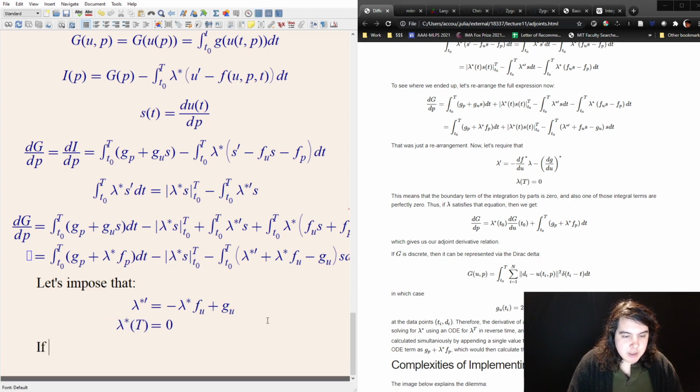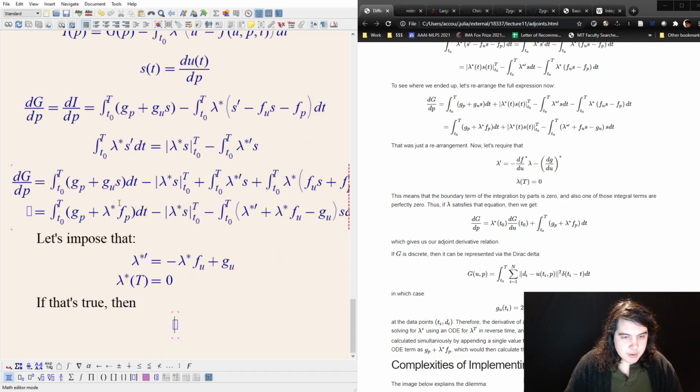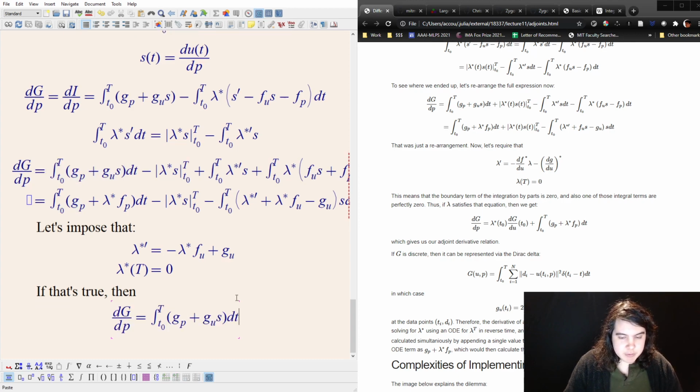And so if that's true, everything only is this first term. This first term becomes our entire calculation. dG/dp equals